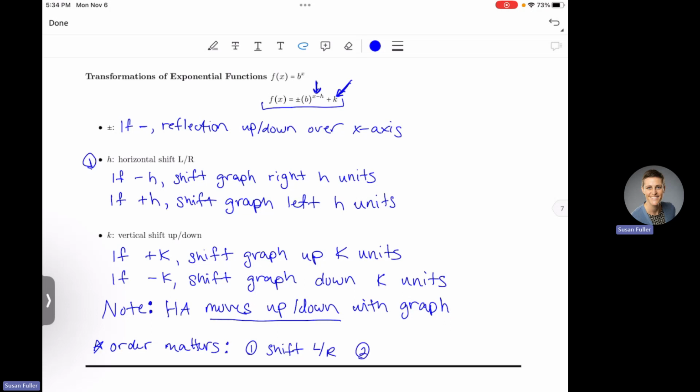The second thing that you're going to do are your reflections, which depends on this plus or minus out front. If you have a negative out there, go ahead and reflect it. And then the very last thing that you are going to do is shift your graph up and down. So that's this guy right here. That's the third thing that you're going to do in order. So order does matter, and we're going to be careful with that. Okay, so